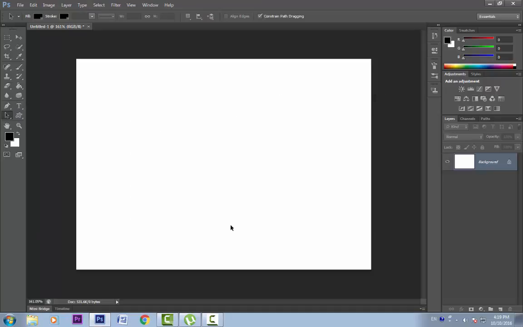Another feature of the pen tool that I want to tell you about is to enable the rubber band. Some people like it and some don't. I personally don't like it, but I'll tell you what it does. Let's take the pen tool and the rubber band is right under this gear. Let's switch it on. Now when we click and drag our control handles and before clicking on the next point,